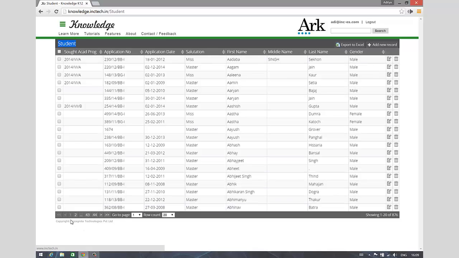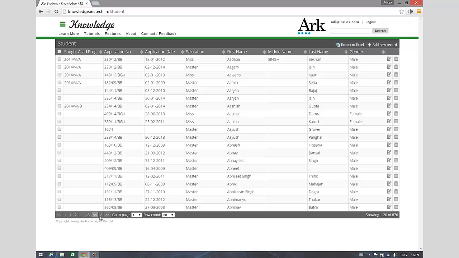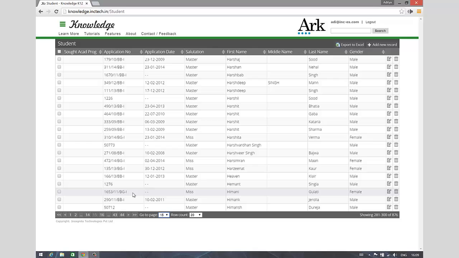At the bottom, we can see that there are a number of pages, and we can traverse the number of pages from here. Or we can directly go to a particular page. So we can directly go to, let's say, 15th page, and we can directly jump. This shows you the number of records which are shown in one page. So we can increase or decrease this, but we keep it at 20 generally speaking. The bottom right corner out here shows you the number of records. So this shows that there are 837 students at the moment, out of which we are looking at the students ranging from